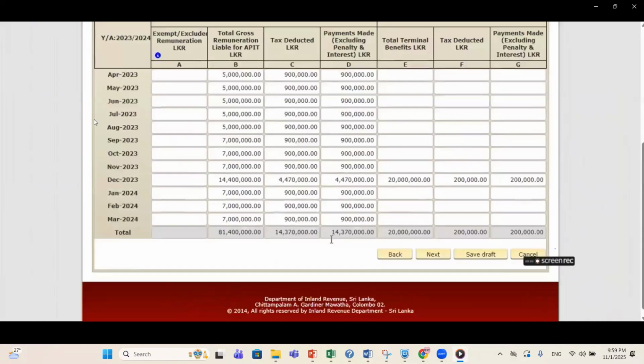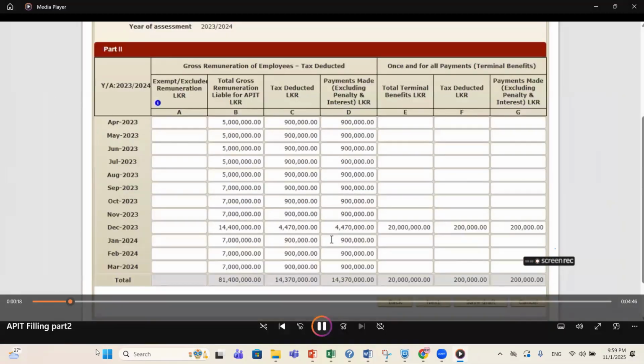Right. So here I have entered the data, right? If you can remember, earlier we have entered the total of 81 million as the gross remuneration paid for the employees who are liable for the APIT, and 14 million is the amount of APIT deducted against the liable remuneration.